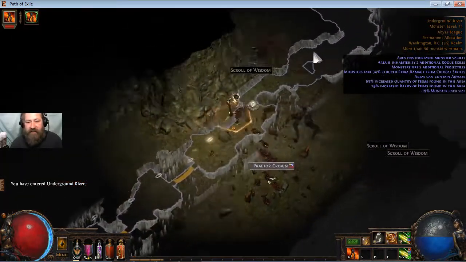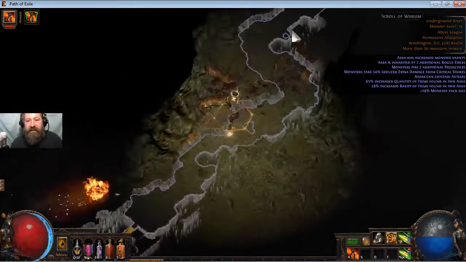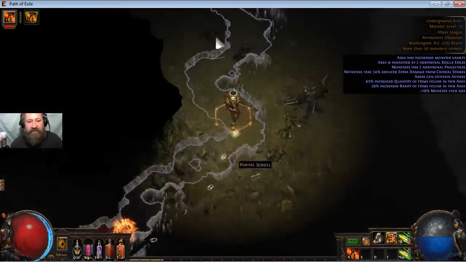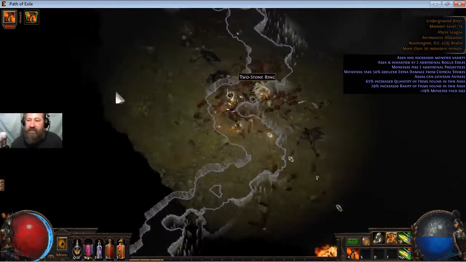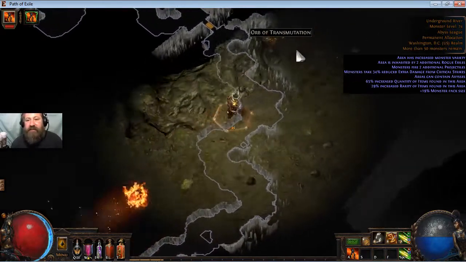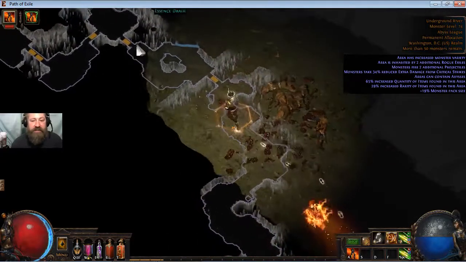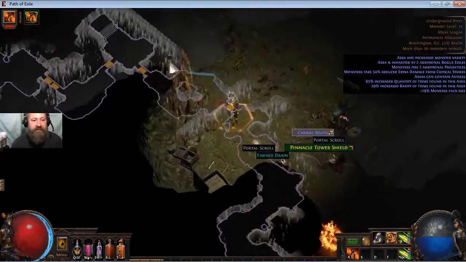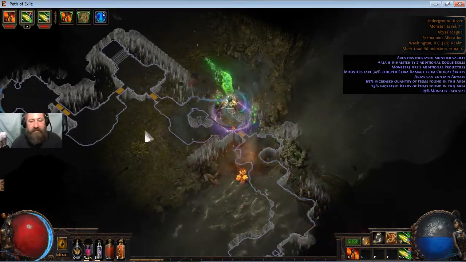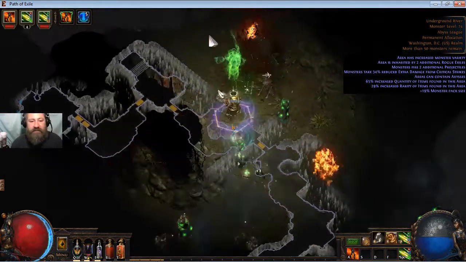So we got some time. Let's talk more about the build. I'm trying to do this without Mind Over Matter. Saves me 13 passive points, which I can put into other places. We're putting more resistances onto the skill tree, freeing up more reserve mana for skills that will benefit me more,